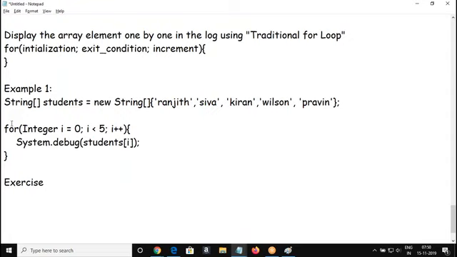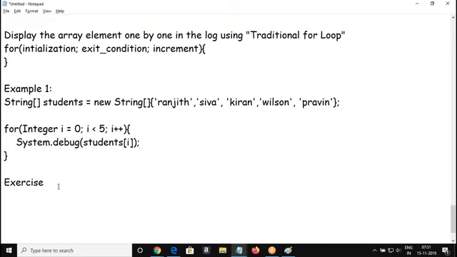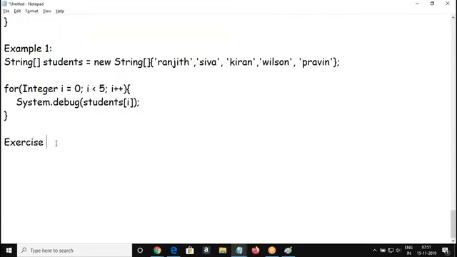I think all of you are familiar with the for loop, the traditional for loop, right? Everyone is familiar with the traditional for loop. We already discussed that. Okay. Right. See, just to give examples, we need not hard code the size here every time.